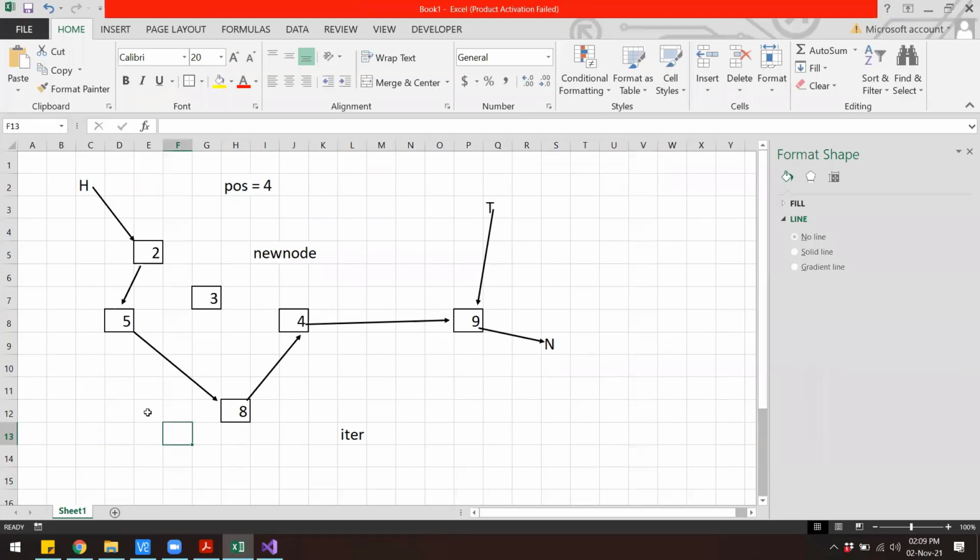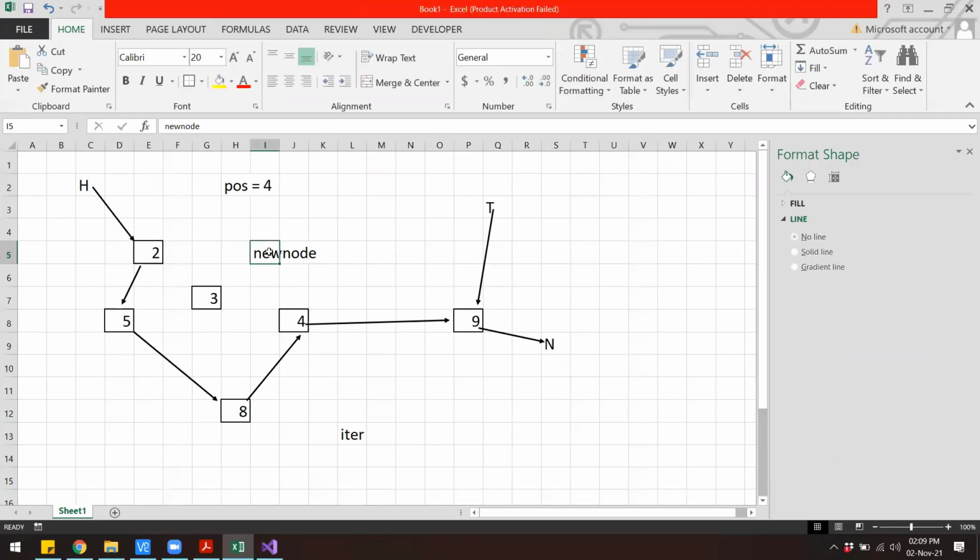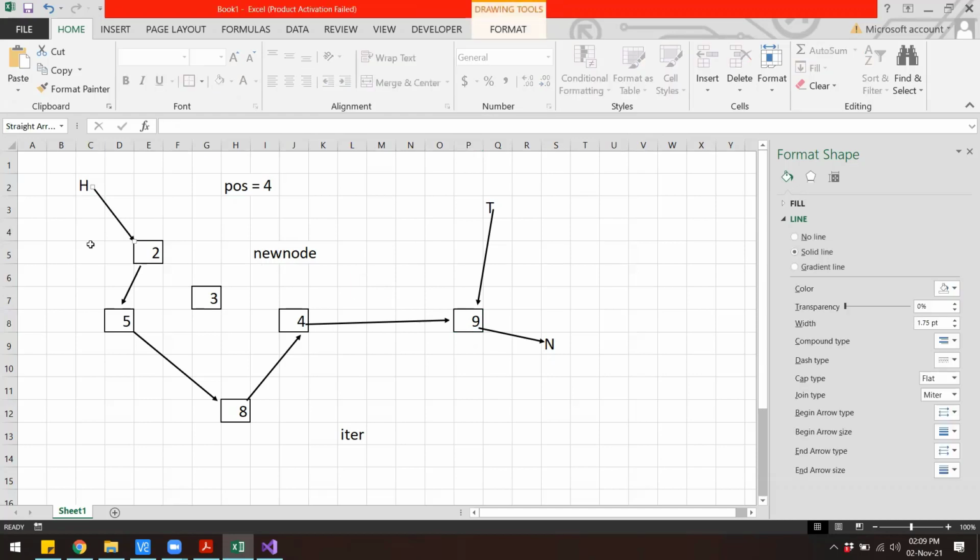Now the only name that we know from this particular list is head, which we can use to traverse the list. I also know this new node, but there is no way I can use this new node to go to this node with the value 8, because they are not connected. And likewise over here, we know the name of this last node, but again I cannot use this 9 to go to 8 because this is a singly linked list and I cannot traverse in the reverse direction. So the only option left for us is to use this head node.